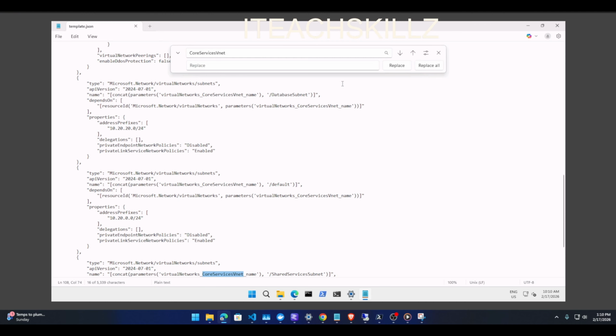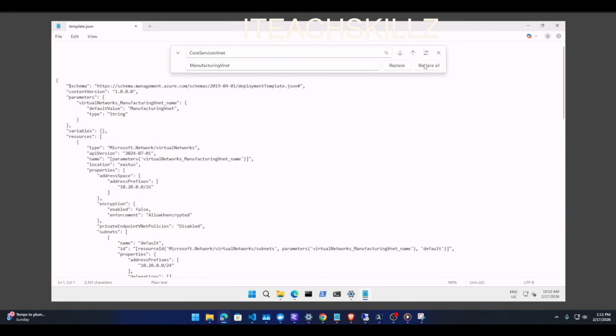We're going to replace this with manufacturing VNet. So everything will be replaced. So let's do Control Replace. So everything is replaced. Perfect. Now we are not done. We also need to replace any IP that's occurring with 10.10.20